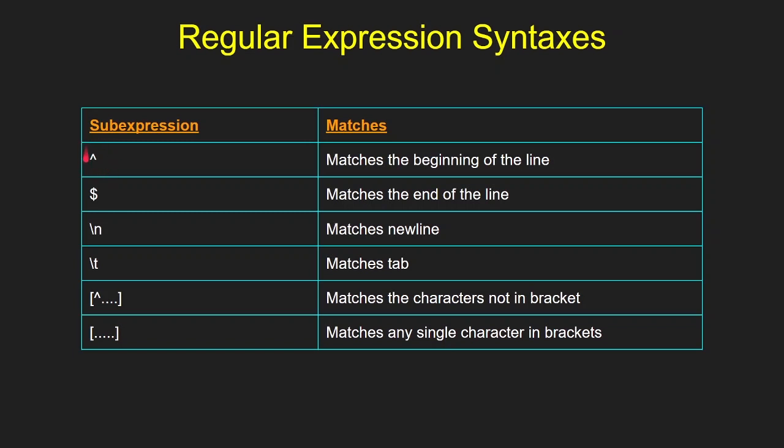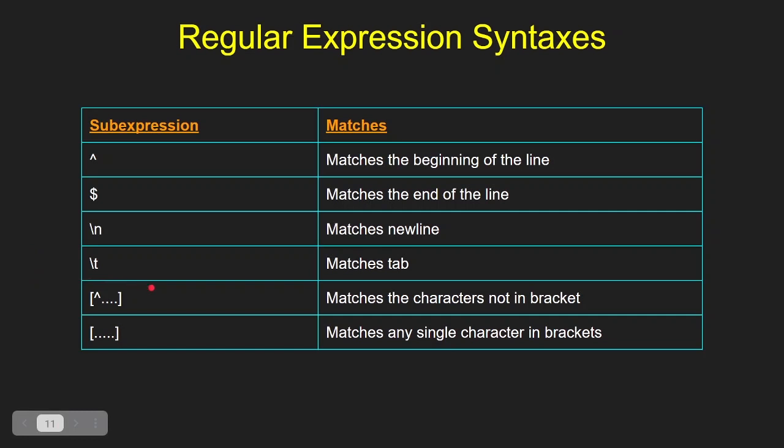Okay, now next is dollar symbol. It is used to match the end of the line. Okay, now suppose we want to find ending with A, so we will use dollar. Next is slash n. Why we use slash n? If we want to go to the next line, then we use slash n. Suppose there is ABC and in the next line we have DEF. So to match both in one match, we will use slash n in between.